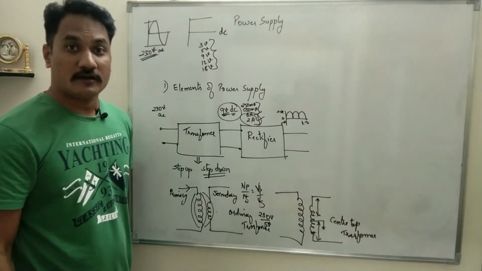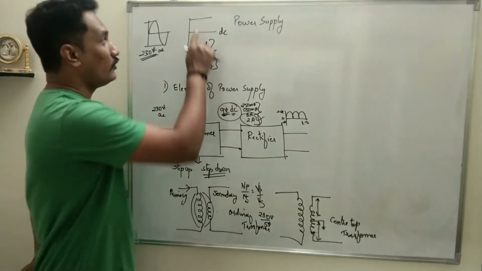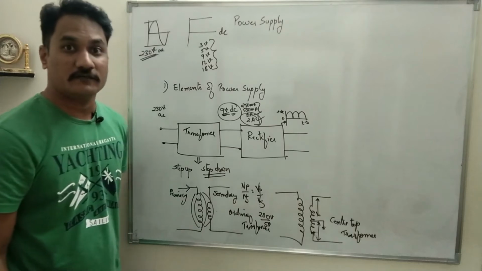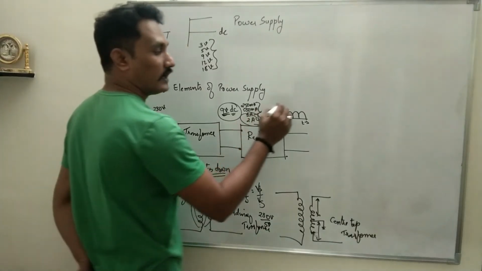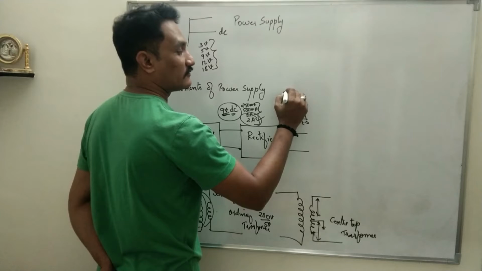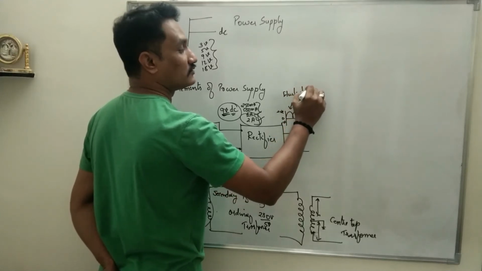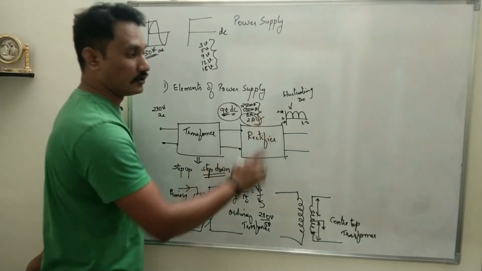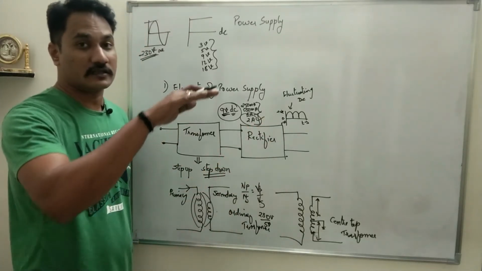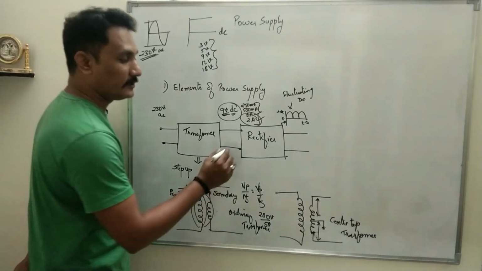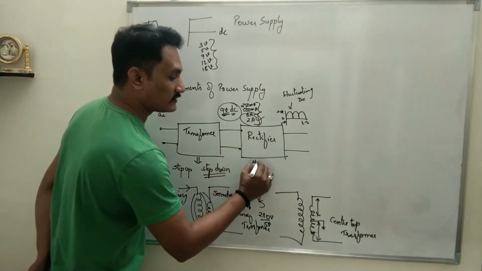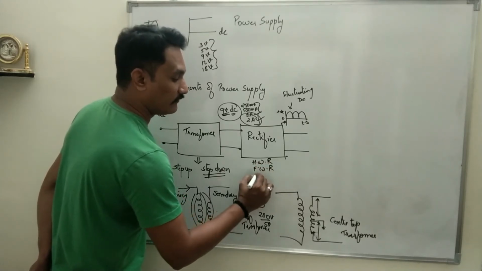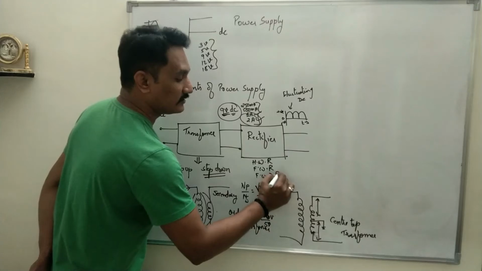But will that be a pure DC? How pure is DC? Pure DC is a straight line. So are we getting a straight line at the output of the rectifier? No, the answer is no, and this is called fluctuating DC. This is not a pure DC. So we have to make sure that we get a straight line. Under the heading of rectifier, we will try to understand the half wave rectifier, the full wave rectifier, and the full wave bridge rectifier.